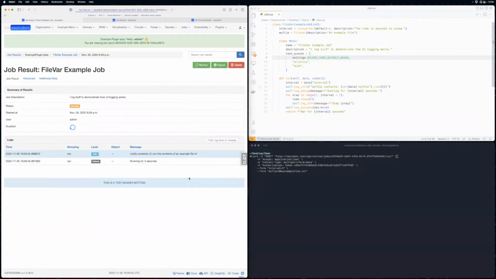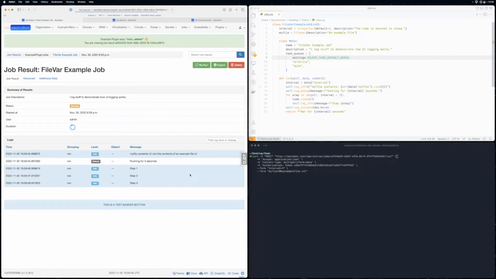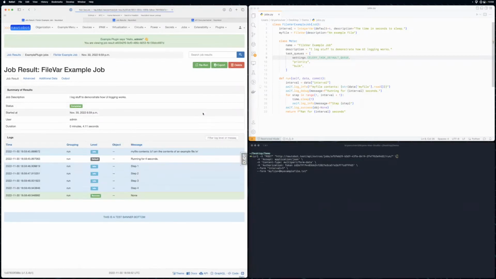However, this was limited only to the UI as we did not natively support multi-part forms in the API. That has now been fixed. In my example job, it takes two arguments, interval and my file, which is an integer var and a file var. And you can now trigger these with something as simple as a curl command. So I have everything already set up here with my authorization token for the API. If I press enter,